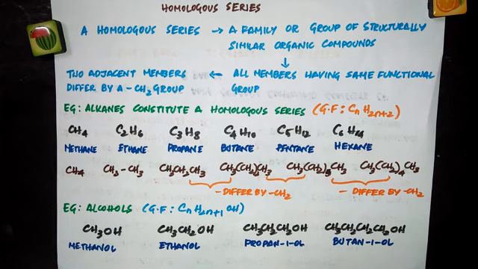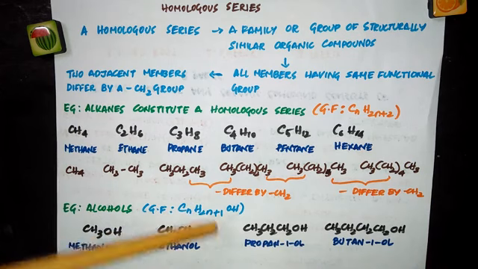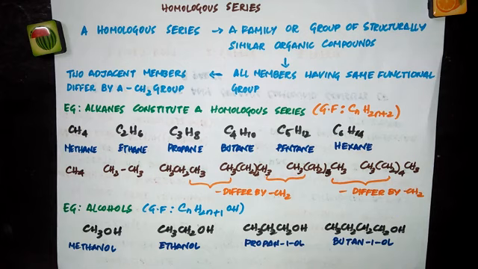But when it comes to physical properties like melting point and boiling point of the members of a homologous series, they show a regular gradation with increase in molecular mass. So as you move from this to this, what increases? The molecular mass increases because the number of carbon atoms increases, the number of hydrogen atoms increases, so the molecular mass increases. So the physical properties will also show a regular gradation. It might increase or decrease, like boiling point, it will increase. Whereas chemical properties, they will be showing almost similar properties for all the members in the homologous series.